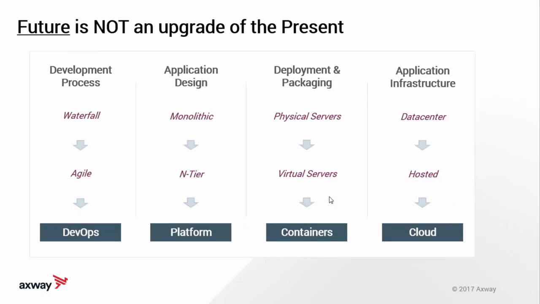So what makes up a modern file transfer management operation today? I mean, where would your capabilities take you if you could truly operate at the highest and most advanced levels? The future for MFT is much more about transformation. It's a need for flexibility and scale, and also to make decisions based on analytical insight and not just visibility. The 4 technology concepts at the bottom of each category will be the new baseline: DevOps, platform, containers, cloud. These are all technologies that are becoming more and more commonplace, but are harder and harder to achieve.